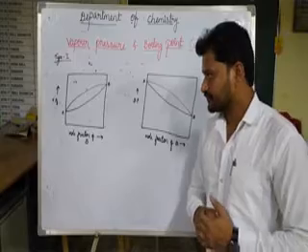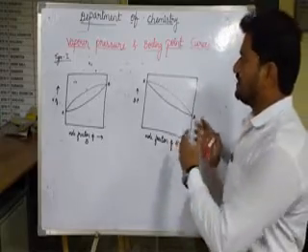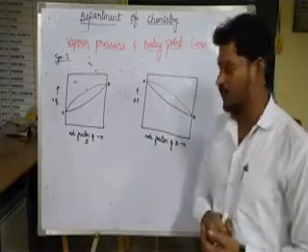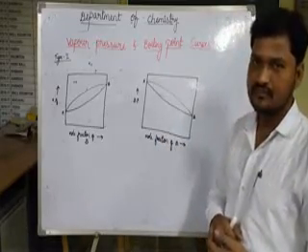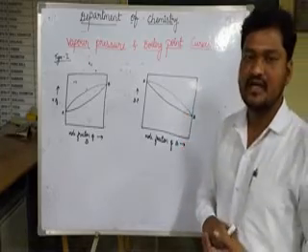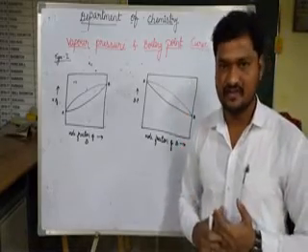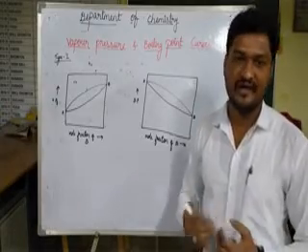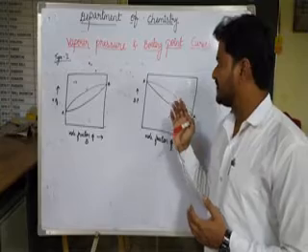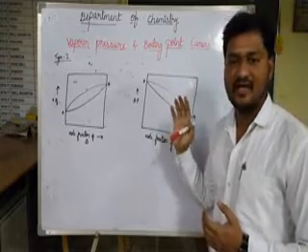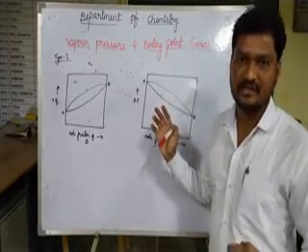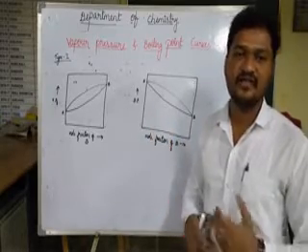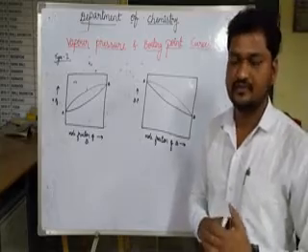And also, when I talk about this second curve, that is the boiling point curve with respect to composition, that is mole fraction of B, this boiling point curve can also be used to separate the components. Either they can be an ideal solution or a non-ideal solution. So this kind of curve will be highly helpful to give a theoretical explanation to separate the components by using the fractional distillation process.